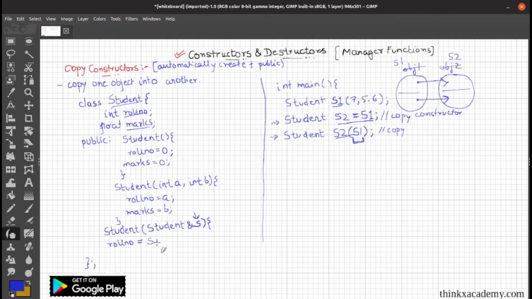So the roll number of the second student will be equal to s dot, where s means the reference of the first student, and we are using a dot operator to access the roll number of student 1. So it will be like this. And similarly, if you want to assign the marks of student 2, you will have to make it equal to the marks of student 1,